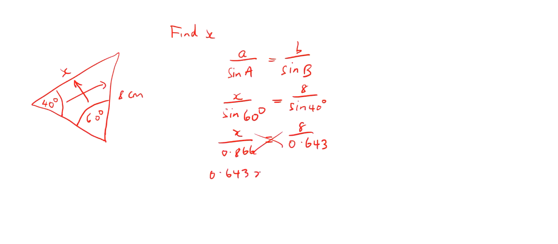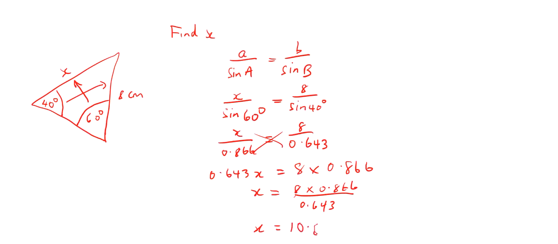Now we're going to cross multiply. So 0.643x is equal to 8 multiplied by 0.866, and therefore x is equal to 8 times 0.866 all over 0.643, which is 8 multiplied by 0.866 divided by 0.643, and this gives me 10.8 centimeters. Okay,